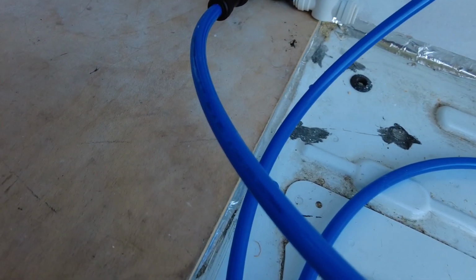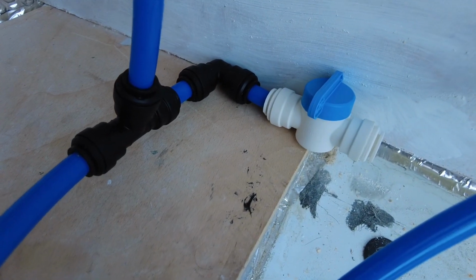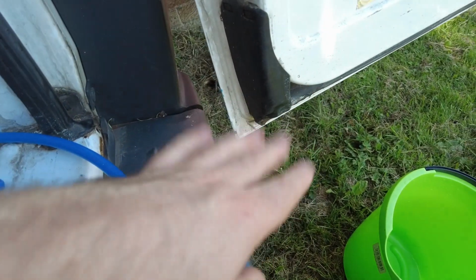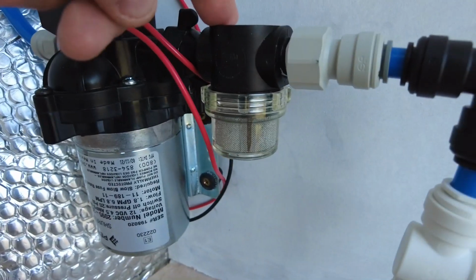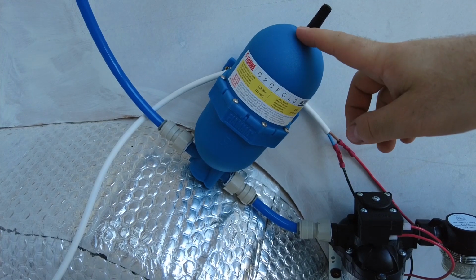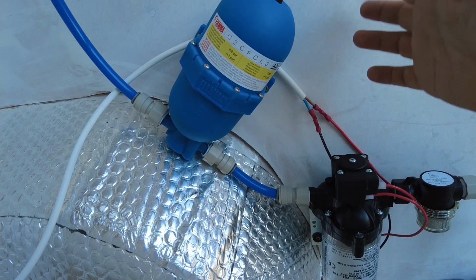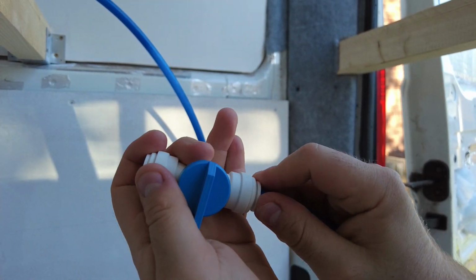So, the water system so far. This pipe is going to come from the water tank through a little T to here, which is then going to have a bit of pipe connected to it to drain it outside. Another little isolator at the elbow, and then to an inline filter, then the pump to an accumulator, which makes a better, more consistent flow, and apparently somehow makes the pump and things last longer. I don't know. And all the push fit fittings, which are really easy to do. So basically,